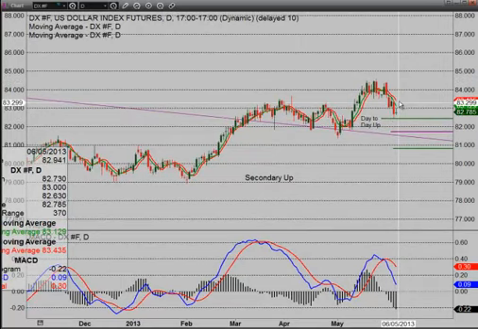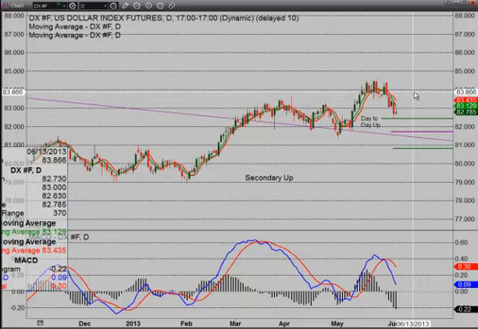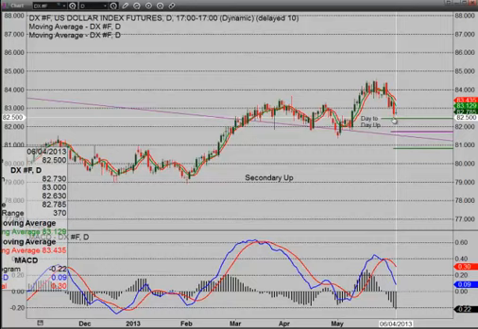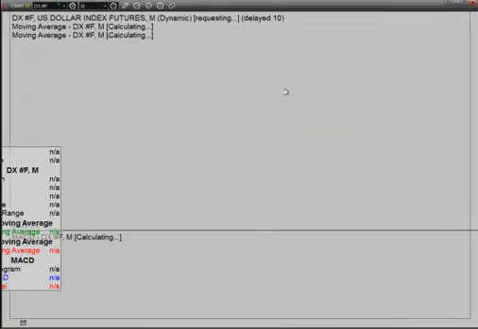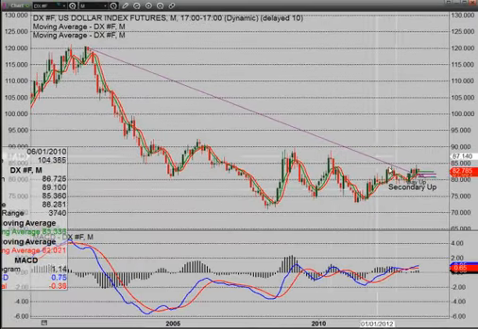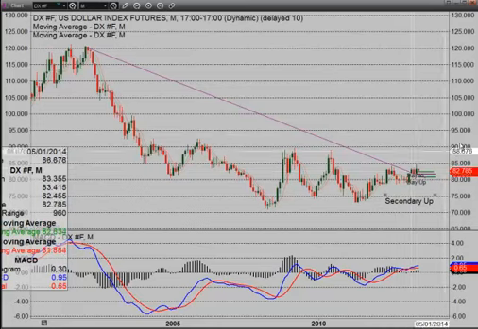Hey, wouldn't mind seeing it find support. If it finds support here and gives us a buy signal and can shift momentum back higher, I'm all for that. I'm a little bit cautious, though. I think you have to expect corrections in the dollar index. I'm no less bullish on this market long term. I think you do have a legitimate breakout here on the long-term chart. You can see it on the monthly chart. And I think there's plenty of room up above.